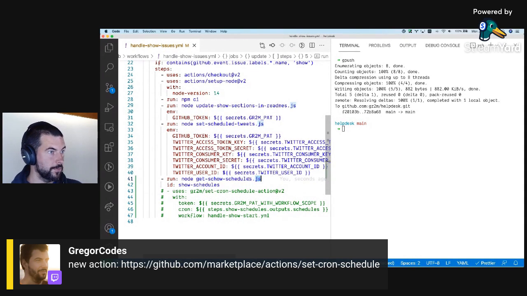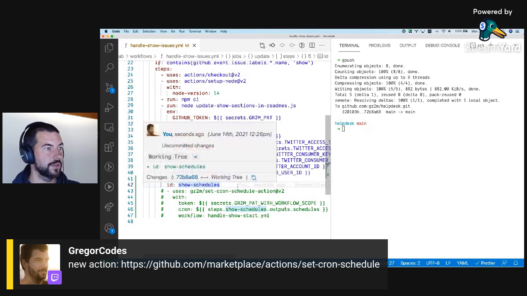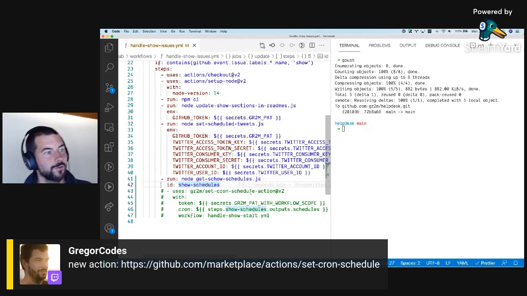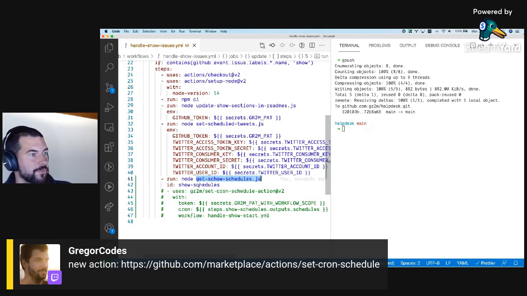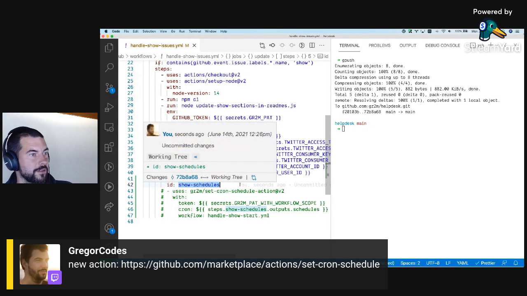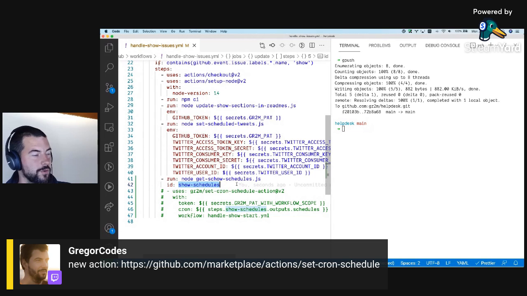So basically, we now need to create this file and load all the open shows from the issues, and then turn them into cron schedule expressions. And finally, write the schedules as a new line separated string to the outputs of the current step. All right.